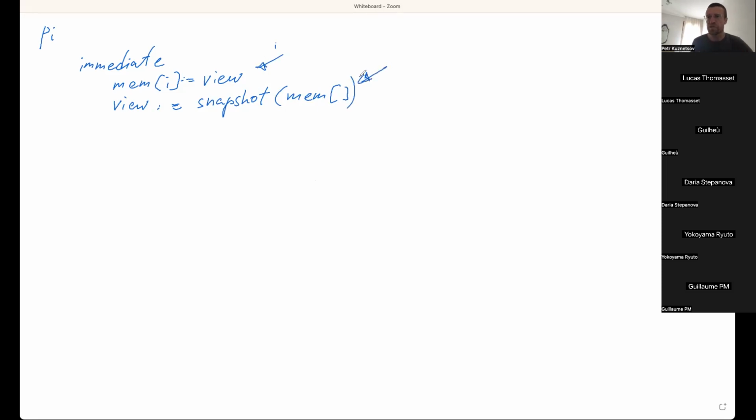Since they proceed in groups, they first all write and then all take snapshots. The results of these snapshots are identical for the group. Okay, and then you can model an execution where every process executes this immediate snapshot operation as a partition of processes in groups,